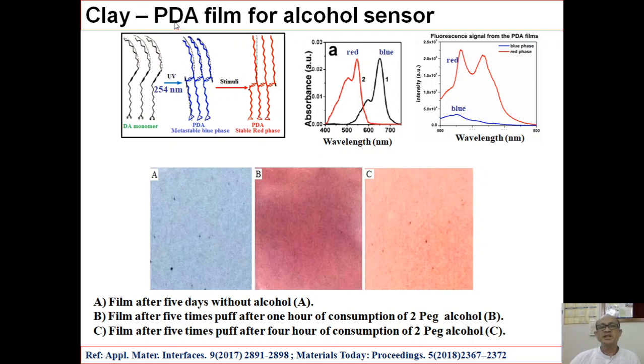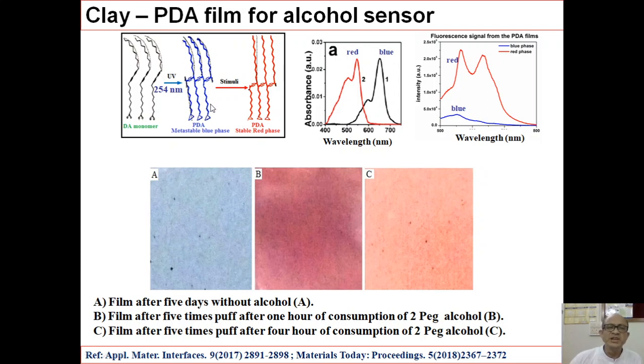It's interesting. You can see the PDA has two phases. One is the diacetylene monomer. However, when you expose it under UV, they polymerize and form a blue phase with a typical absorption spectrum like this. And this phase has almost no fluorescence. However, when you further expose it under UV or temperature or any kind of external perturbation, you can see the red phase, where the absorption spectrum is like this, and it has strong fluorescence. So we prepared a film using a dye, PDA, and clay, and this is just an image of the film